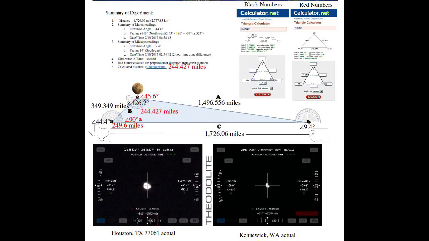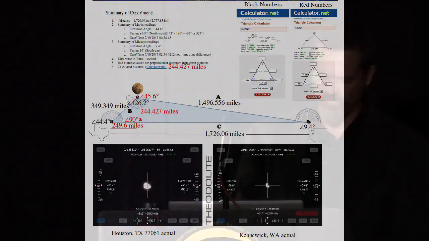So they took it to a university, and they brought it to some of these professors, and they said, hey, what do you think of this app? They analyzed it. Wow, this is a great app. It's going to be a useful tool for surveyors and whatnot. Awesome, cool. What do you think about the website calculator.net? Oh, that's a great website. Everybody uses that. It's a really good math website.